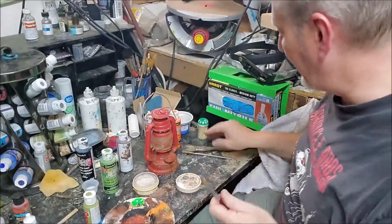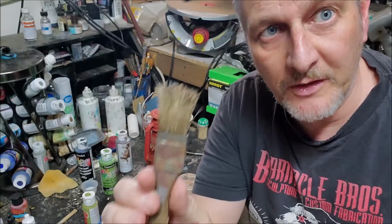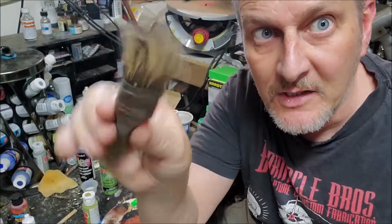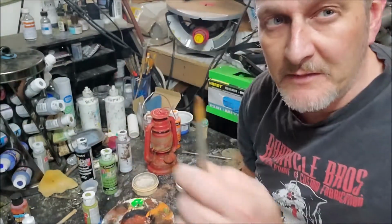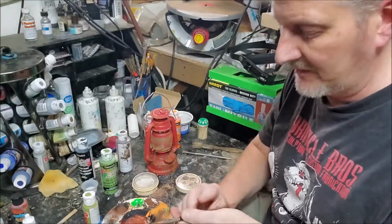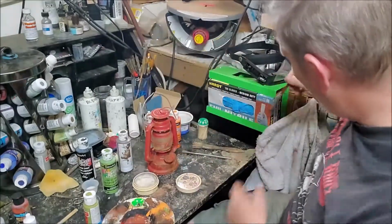You do not want to do this with your beat-to-hell brush that you're working with, that you want intentionally beat up like that so you can split these things apart. Clean it, always clean it, but don't use the soap on it necessarily. You can, and I'll show you a different technique for that. So now that I've got it all wiped down,